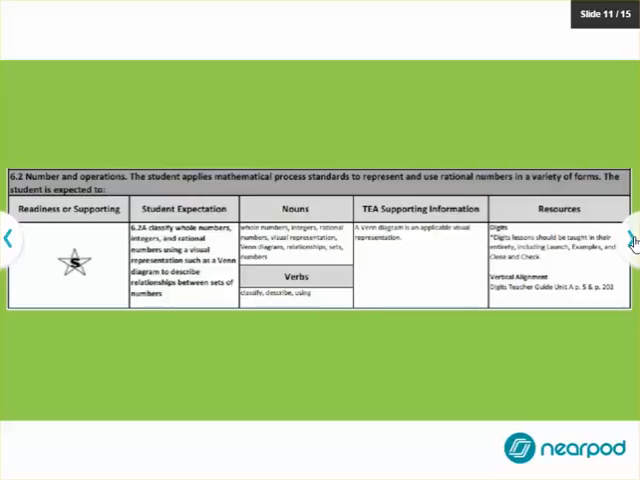This is a piece of our Conroe ISD scope and sequence. This is actually 6th grade, and this is the first time that they truly are looking at the entire number system. And the TEK is 6.2a, Classify whole numbers, integers, and rational numbers using a visual representation such as a Venn diagram to describe relationships between